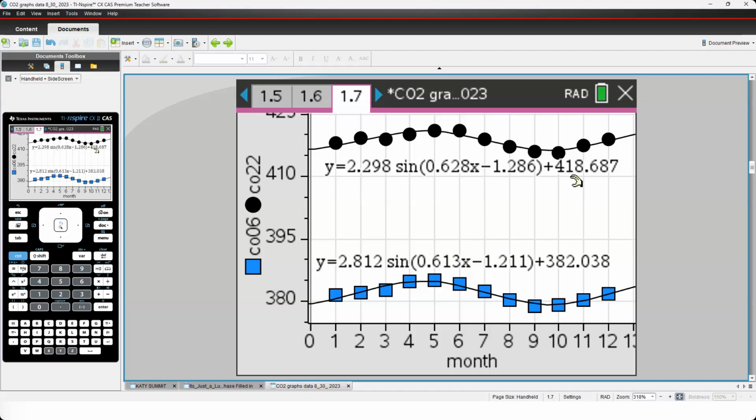And the period, if you think about this, it's not going to be exactly 1 year, which is what one would think it would be, because it's shifting. So you might have students investigate what the period actually is. And you have the numbers in there that you could figure it out.